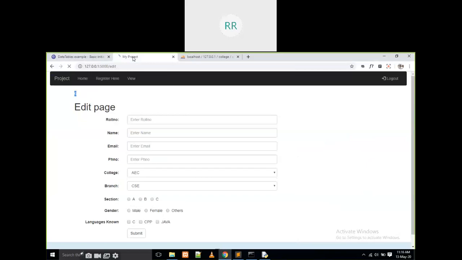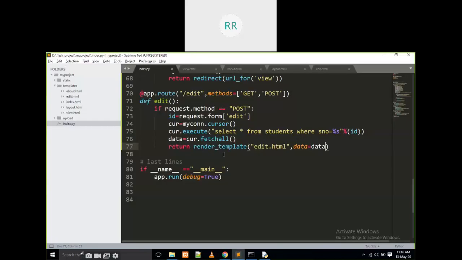If I execute it, look here, is all the data coming or not? All the data of the particular student is coming. Yes, I am passing it here. I get the data and pass it here. It's very, very simple. If you understand it, it is very easy. It is like a simple game. I am getting the data in the Python file and passing it into the HTML page. If the data is in the HTML page, I pass it into Python. Same thing every time.